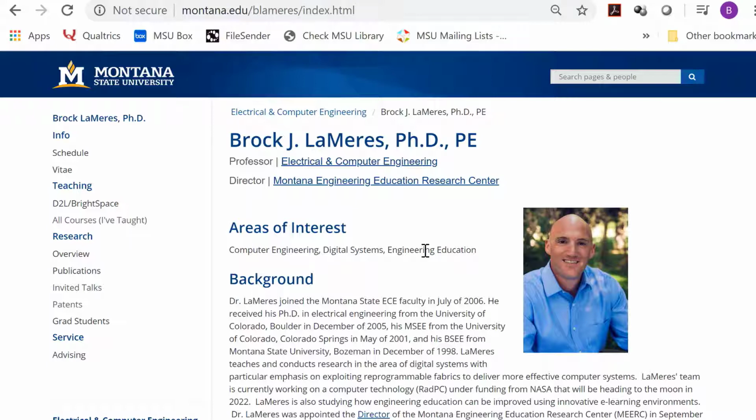And so then I continued working and going to school, but this time I was going to school at the main campus at University of Colorado in Boulder. And so then after years went by, I ended up getting my PhD, and that allowed me to become a professor. So in 2006, I came back to Montana State, and I have been a professor now for nearly 15 years. And what I do is I teach and do research in the broad area of computer engineering and